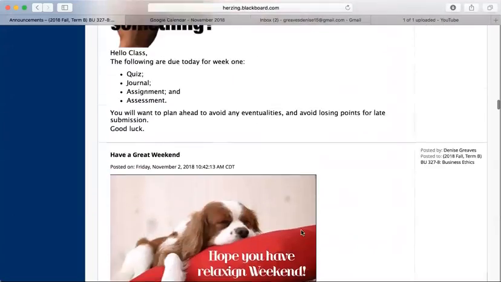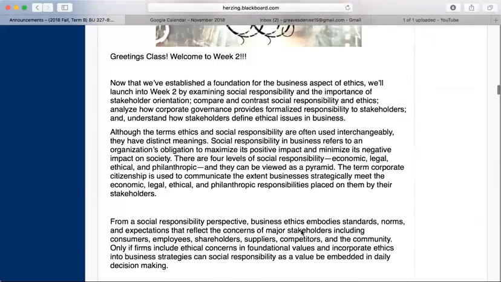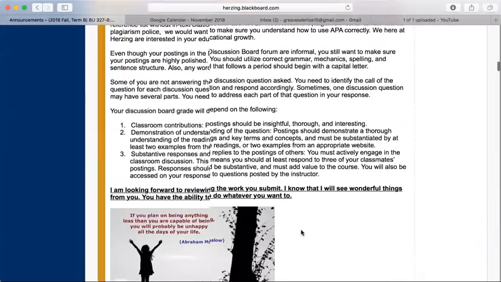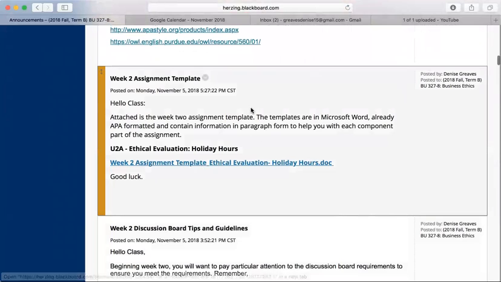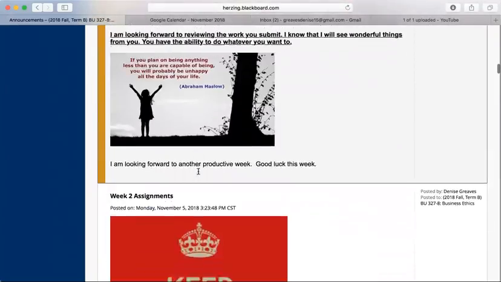I want to make sure that for your week 2, you were off to a really good start. And I went ahead and I provided a template for you for the week 2 assignment. If you go here, it was posted on Monday. You click on this link, it will take you to the template for the week 2 assignment. So just make sure you utilize that template. Let's take a look at what is due this week.